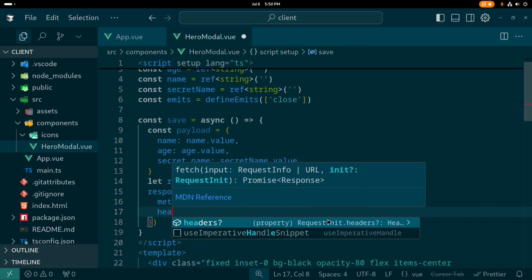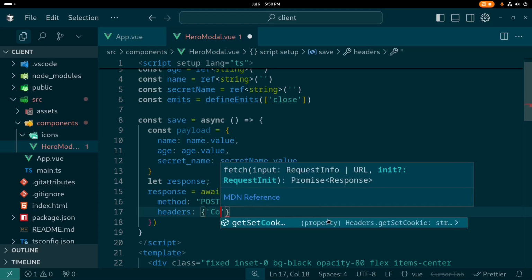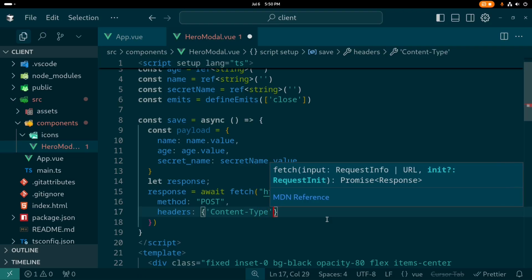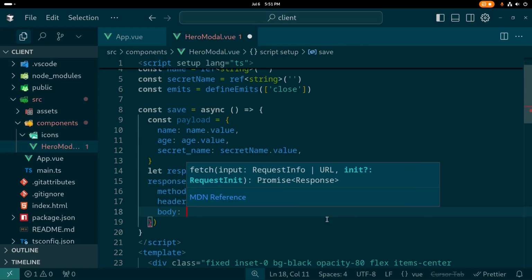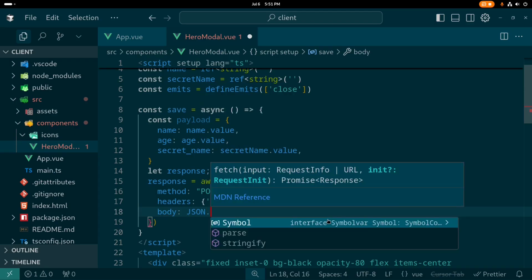And headers will be content type application JSON. This will make sure we get a JSON response back. Then the last parameter will be body. With body we are going to send the JSON stringify version